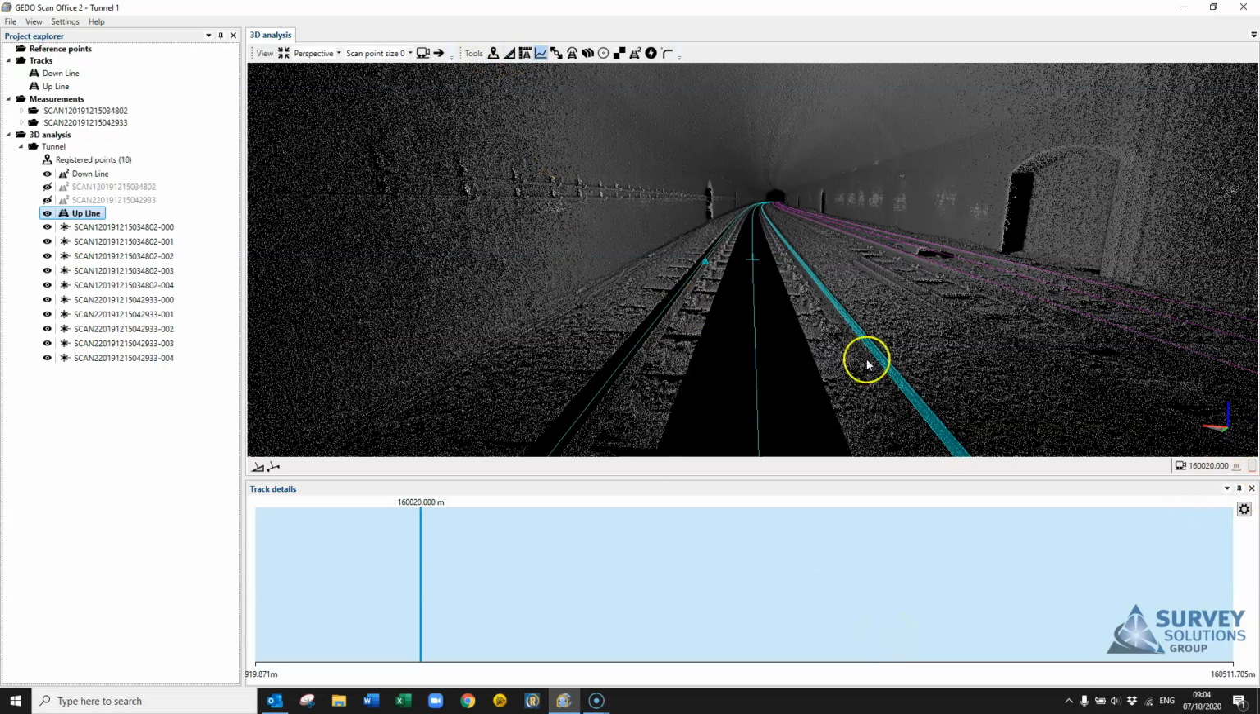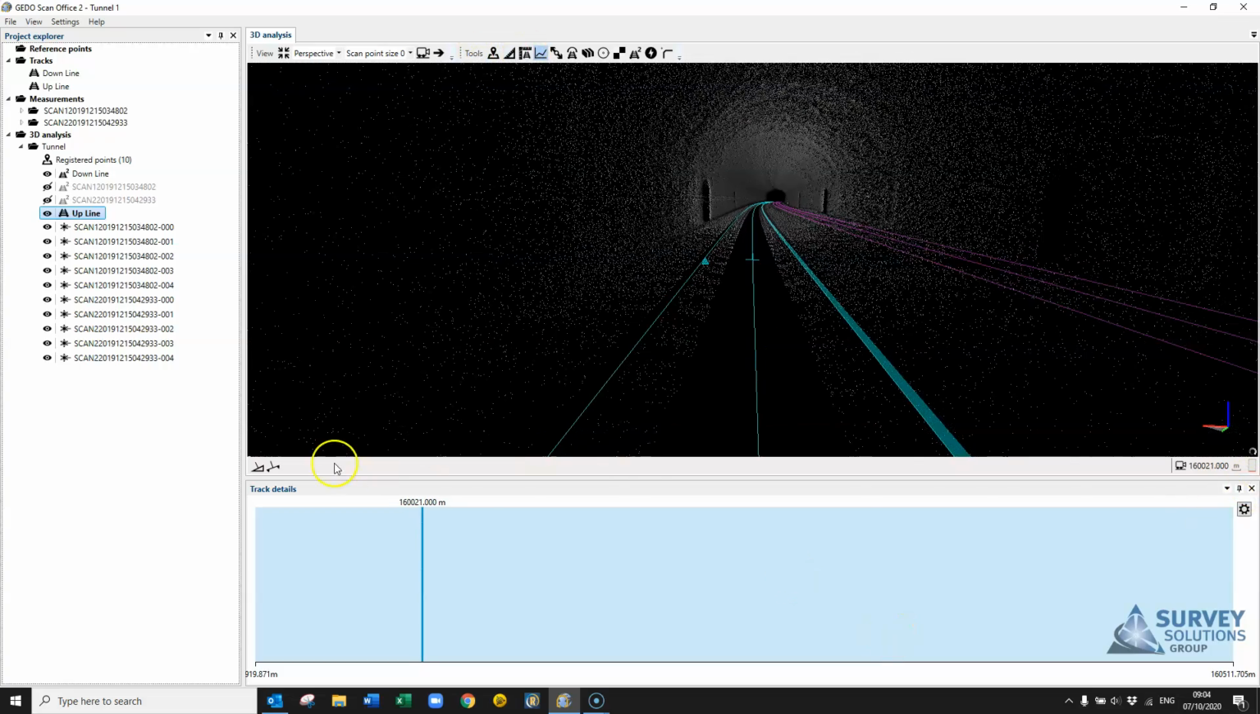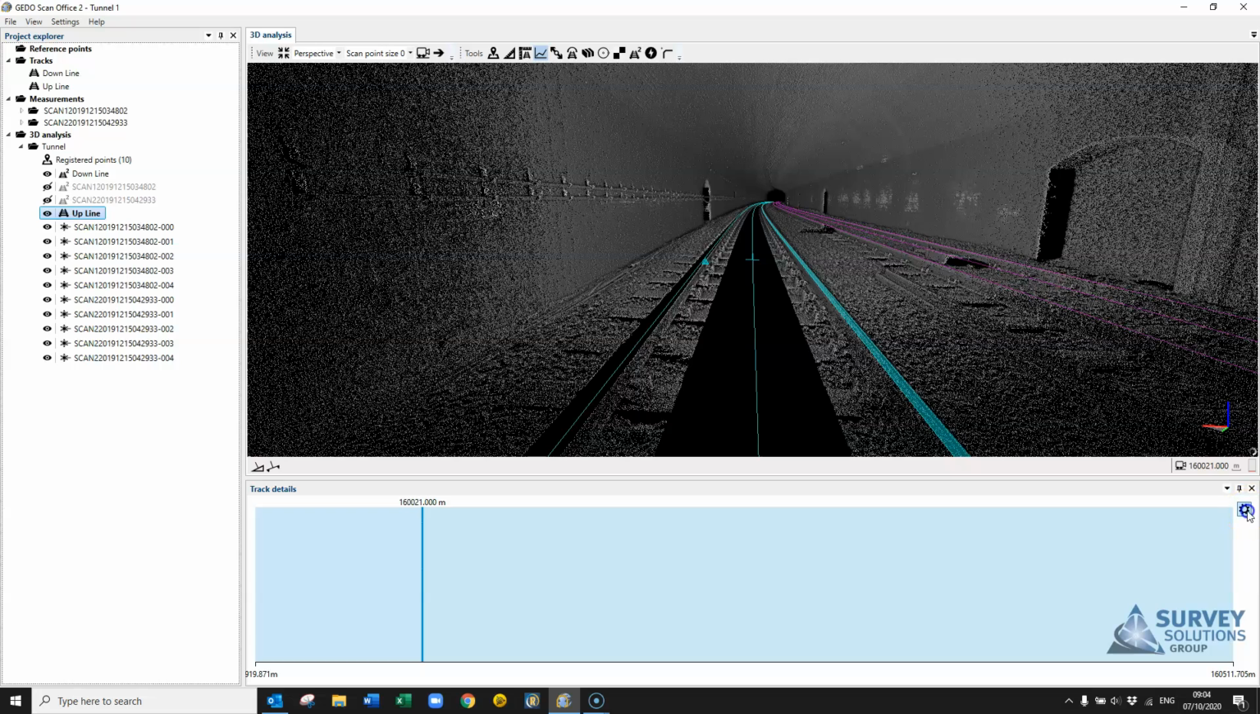Track details will give you track information as you scroll through. There's some settings there for what you want to show, geometry elements, or